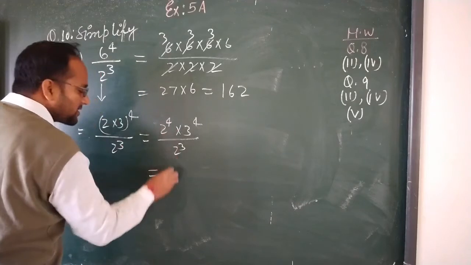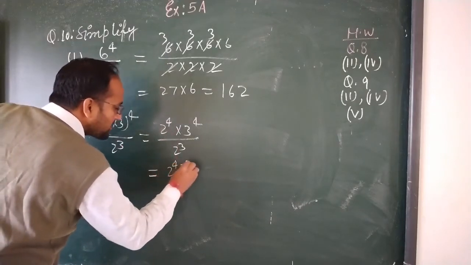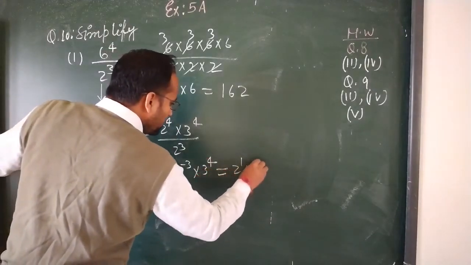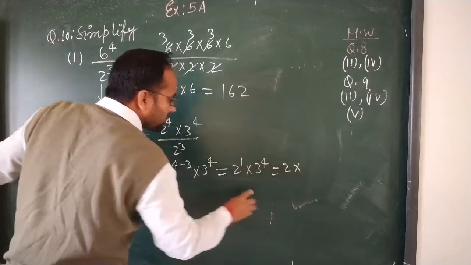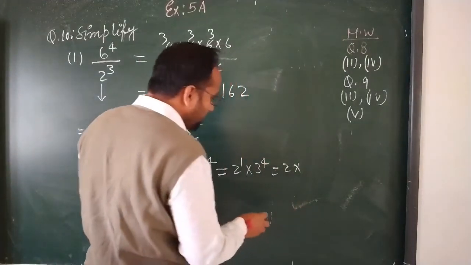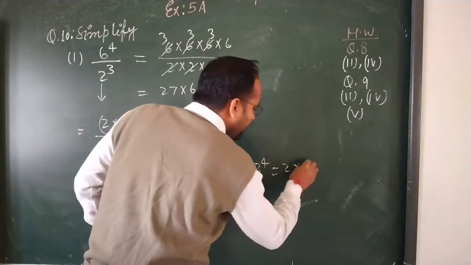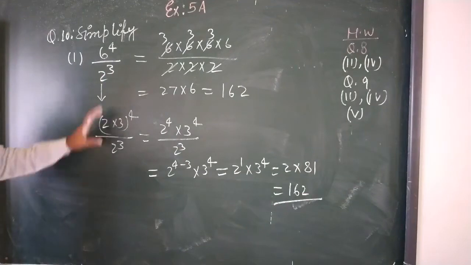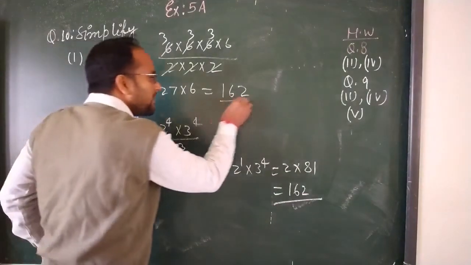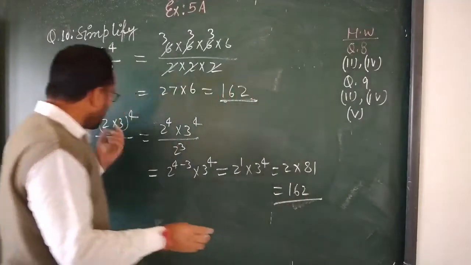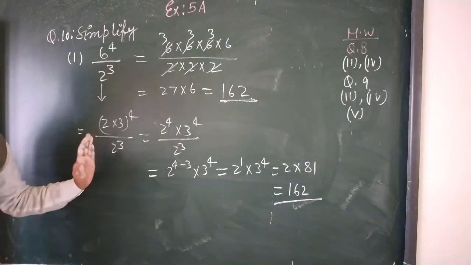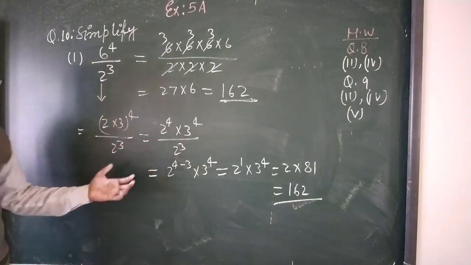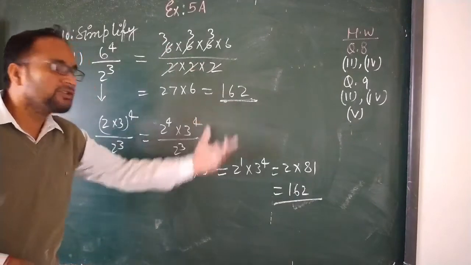No need. Directly you will subtract the powers. 2 to the power 4 minus 3 multiplied by 3 to the power 4. So what you will get is 2 to the power 1, 3 to the power 4. If you solve this one, you will get this 2, and 3 to the power 4, you will get 1, 3, 9, 27, 81. And if you multiply this, you will also get 162. So both ways you will get the same answer, students. But this is your mathematical way, meaning that by the exponent way you can do your solution. Always try to solve your question in this way. But if you have difficulty, then use this simple way to solve your problem.